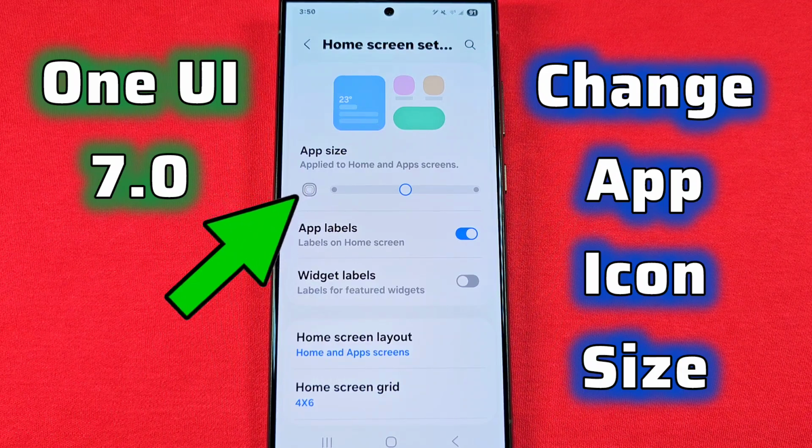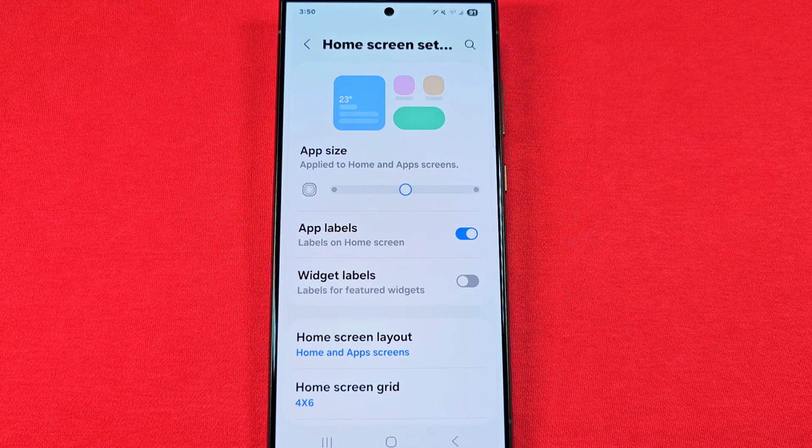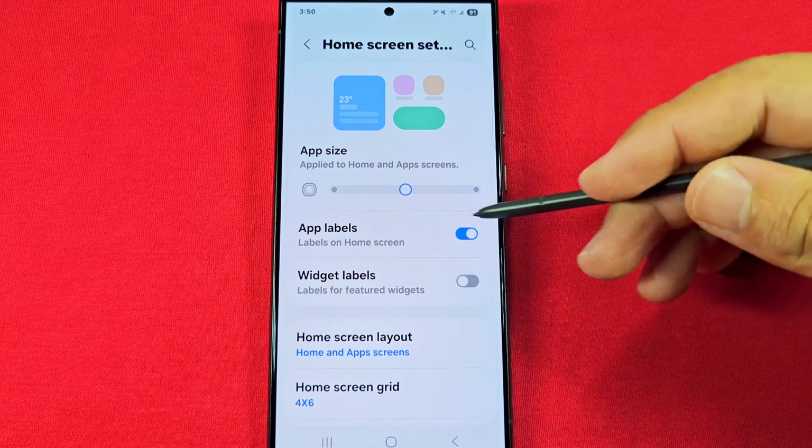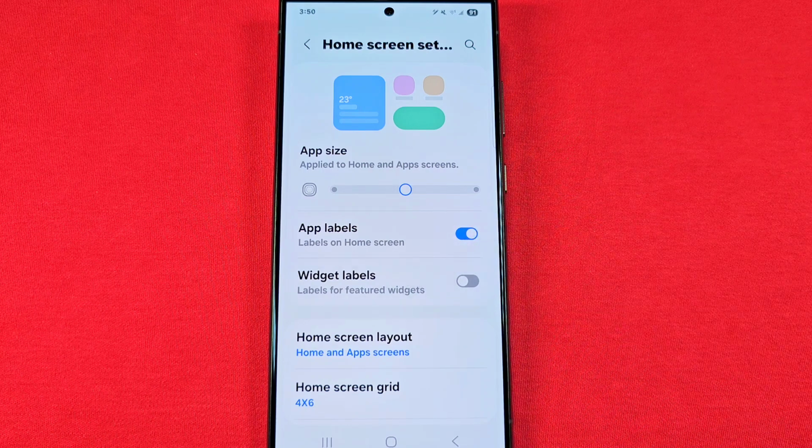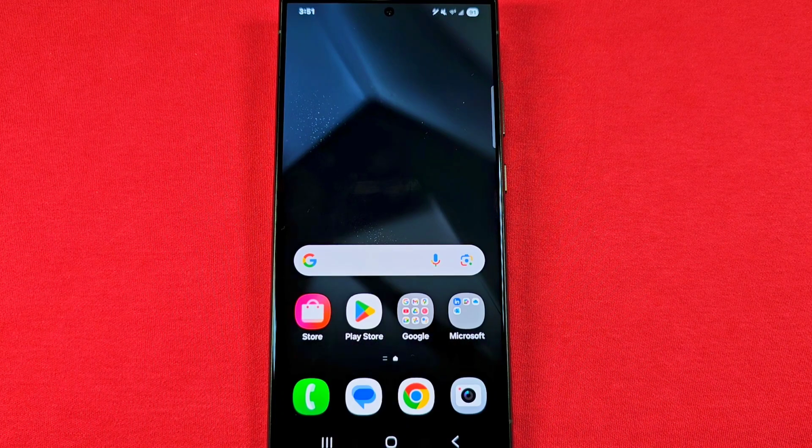How to change the size of the apps that appear on your home screen and on your app drawer itself, as well as choose whether the labels will be shown, and same for the widgets itself. This is for Samsung phones with One UI 7.0. Let's get started. There's two ways to access the home screen settings, which will take you to the app icon